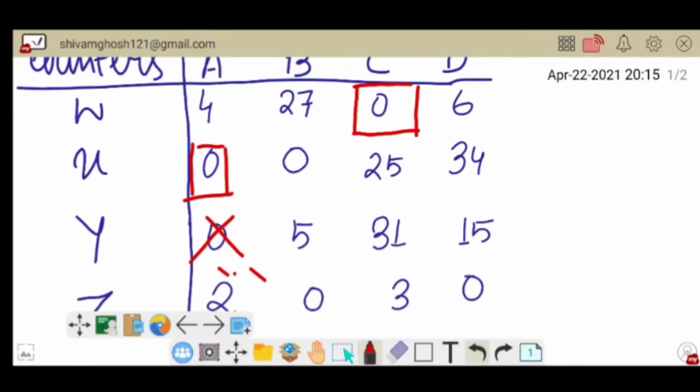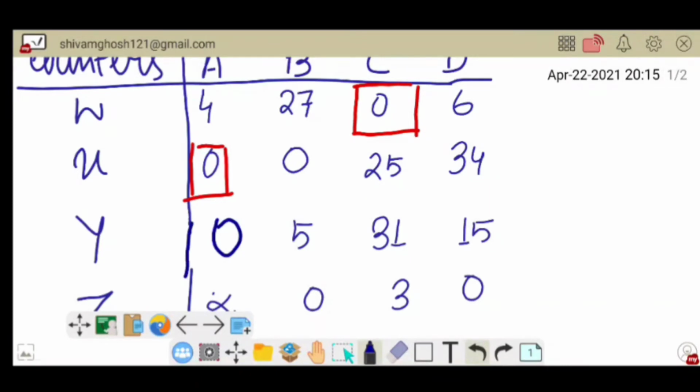If there is no 0 anymore, how should the company recruit a salesman for counter Y? For that purpose, we should not allow this 0; we should allow this 0.